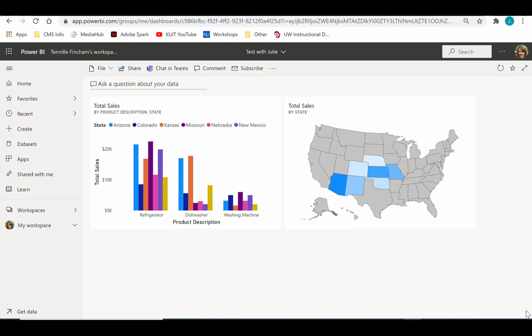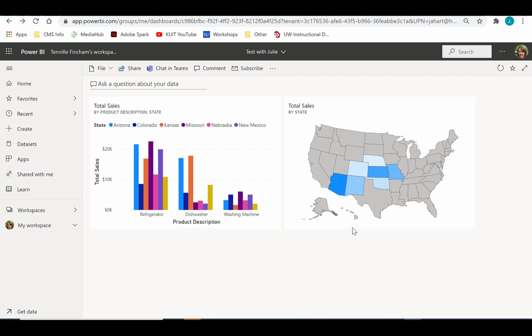displayed. A dashboard is a single page of visual aids, or tiles, that tells a story about the data analysis that was done behind the scenes. Because it is limited to one page, a well-designed dashboard will include only the most important information needed to present a high-level view of the main points and themes of the data analysis. For example, this dashboard is telling a story about total sales by state.